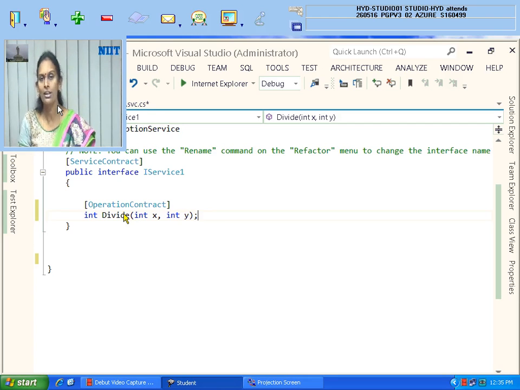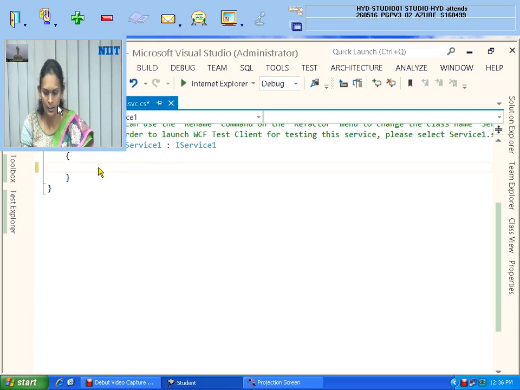Because by default, when any error happens at the time of execution of these functions at the service, that information will never be communicated to the client. So the client doesn't know whether the work is successfully happening or due to some problem it was terminated. Nothing is known to the client. It's the duty of the service. It has to communicate the error information if it encounters any exception at runtime. That is what we are saying. Once without exceptions, once with exceptions.